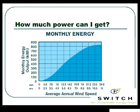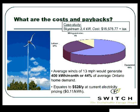So what are the costs and what are the paybacks? Like I alluded to earlier, the paybacks aren't as strong as the other ones. The systems like the one you're seeing there would cost quite a bit. This is a case study of a 2.4 kilowatt generator that we installed at our store, and all of you can come see it in action. It's hooked up and it's selling back to the grid. And the cost of that system is about